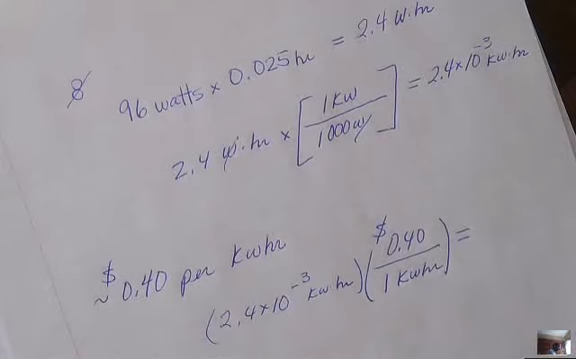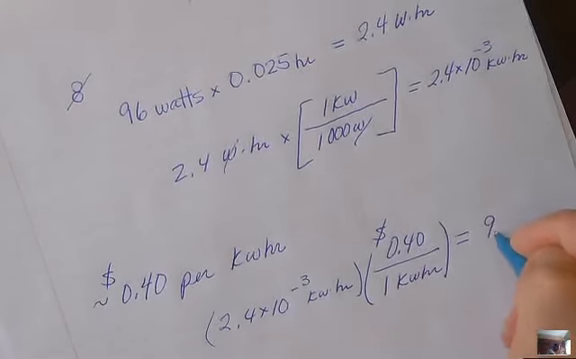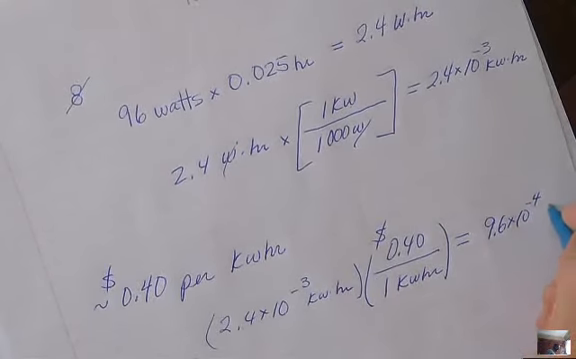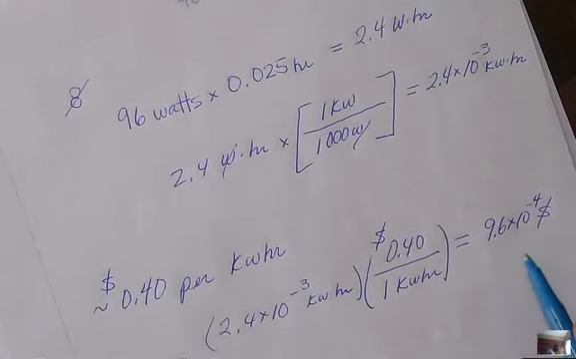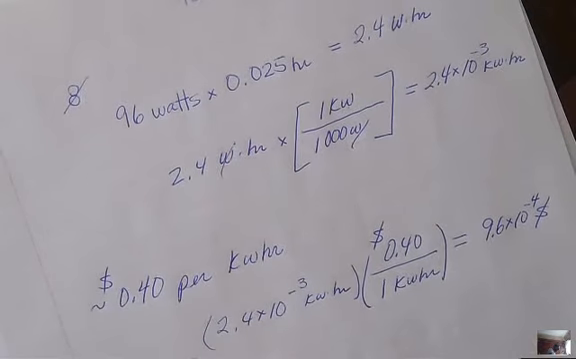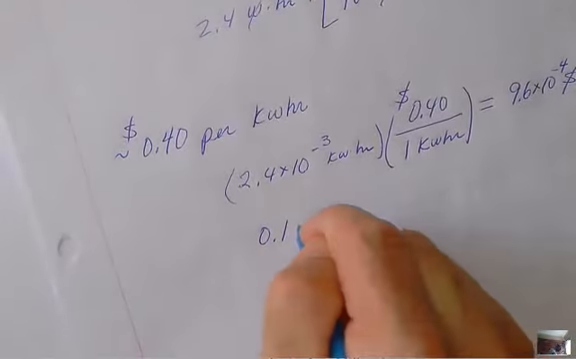Okay, so take this times, gotta make toast all day, I had no idea it was so cheap, times 0.4, I get 9.6 times 10 to the minus 4 dollars. Okay, and if I want to get that in cents, I just multiply by 100. Okay, costs me about 1/10 of a cent, 0.1. Okay, I got 0.096, so 0.1 cents